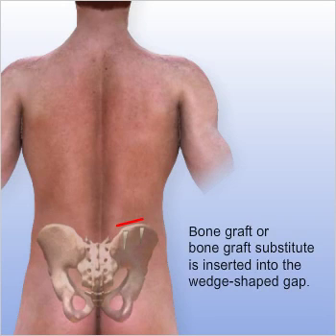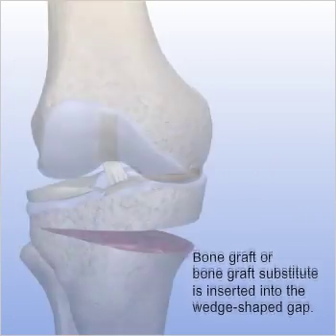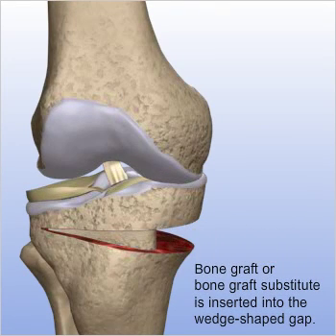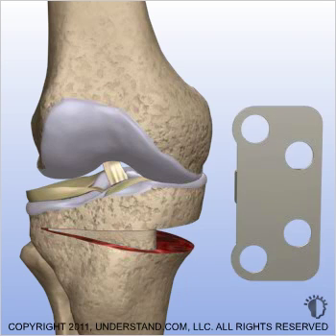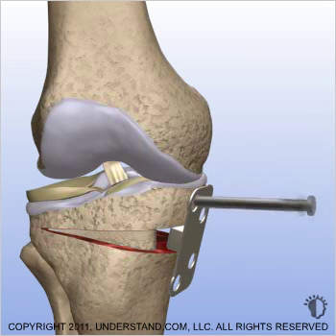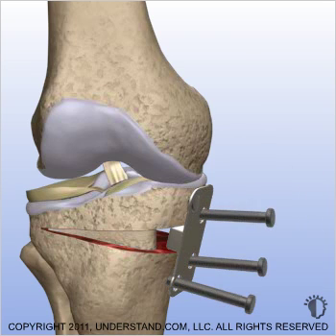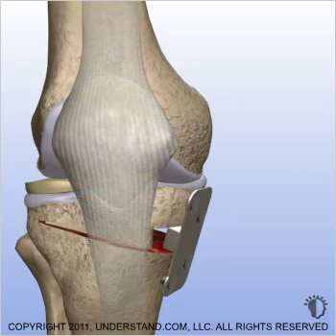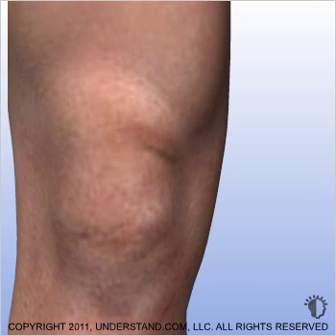After the wedge has been created, a piece of bone graft is either harvested from the iliac crest of the pelvis or a bone graft substitute is added to the gap to hold open the space and realign the knee. Next, a stainless steel or titanium plate and screws are used to hold the bone graft in position, and the plate is fastened with screws on each side of the wedge. After the plate and screws are secured, all surgical instruments are removed, the incisions are closed, and the procedure is